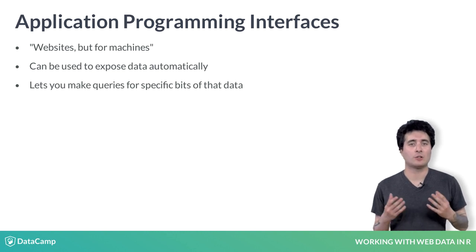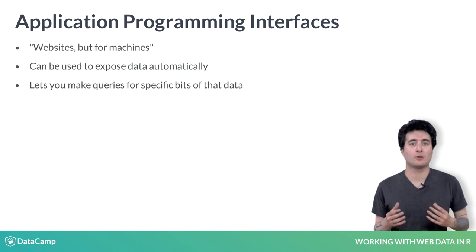Instead of a website having to constantly write data to CSVs, it can just hook an API out to its database. Instead of the user having to type in a new URL each time, they can make small, consistent modifications that change the instructions the API is given for what to send back. What those URLs and instructions look like is something we'll discuss later in the course, because one of the great